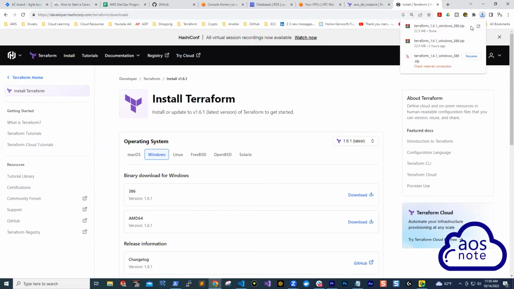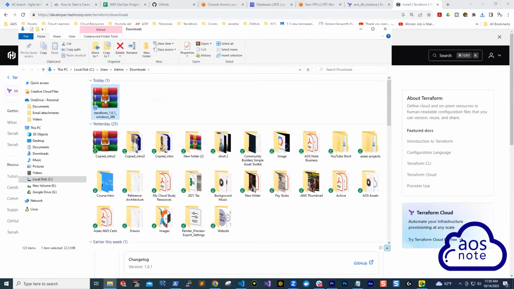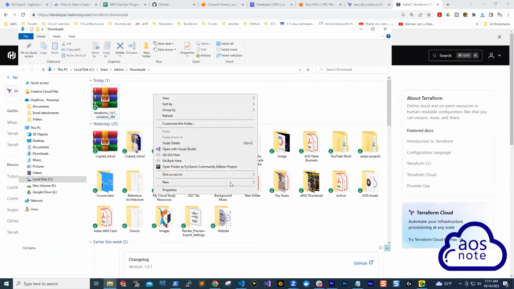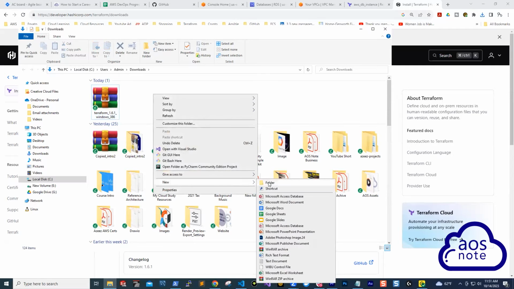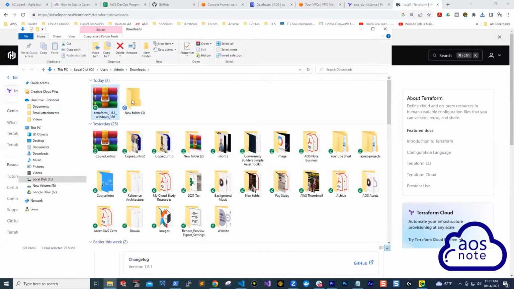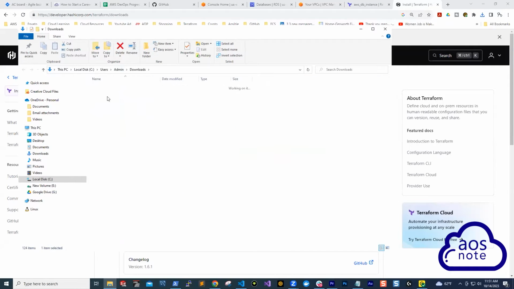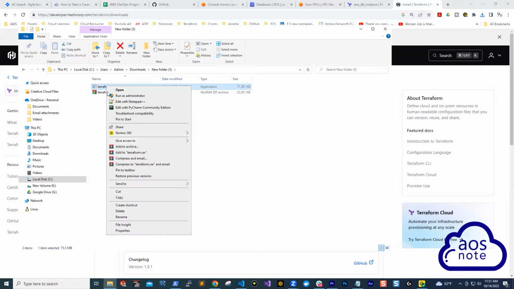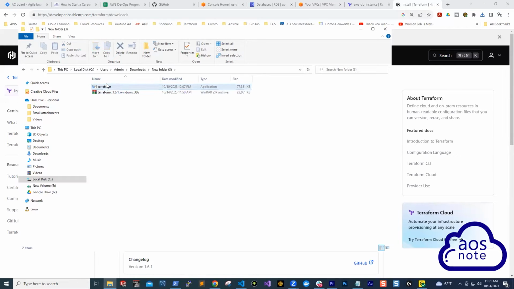Once I download it, I'll go to that folder. And this is the folder I just downloaded. What you guys can do if you don't want your file to get lost, just create a new folder here, move your zip folder into it, and go into that folder and unzip it. And when you unzip it, it will unzip the file here. So all you have to do is cut this file. You can either copy it or cut it. I'm going to